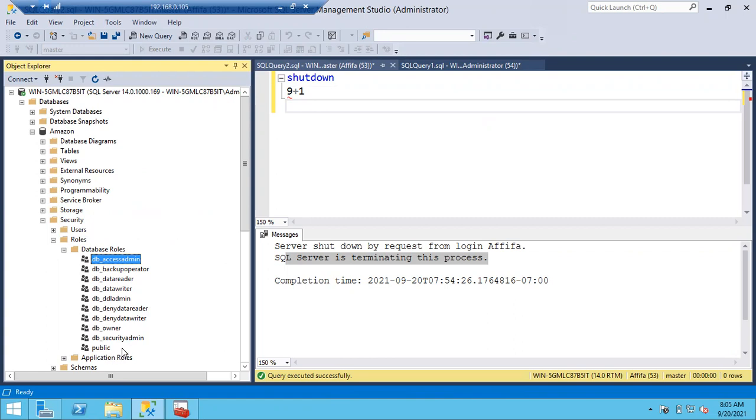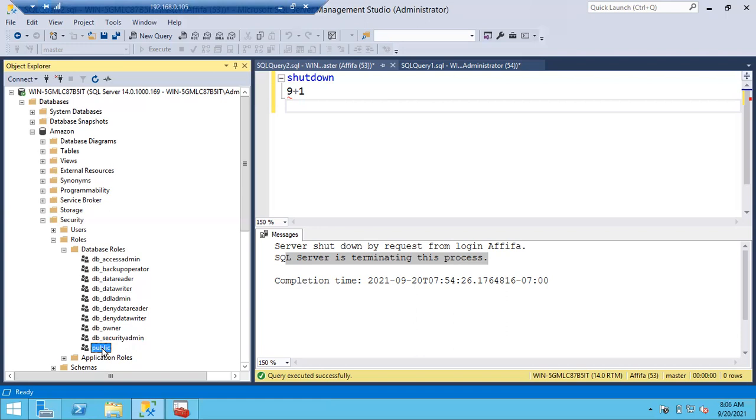Some of the roles are common. Security admin is there in the server role and also in the database role. But don't think both will act the same. This security admin is different: this is the database level security admin, and that is the server level security admin. Clear, guys? Both have public, yes, very good. This is the public database role. That is the public server role.